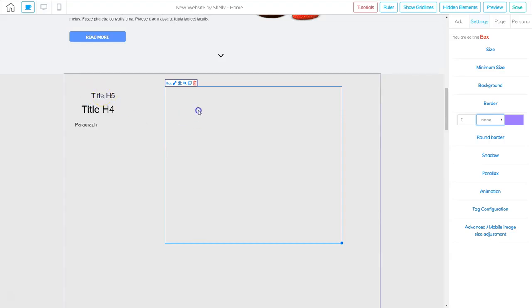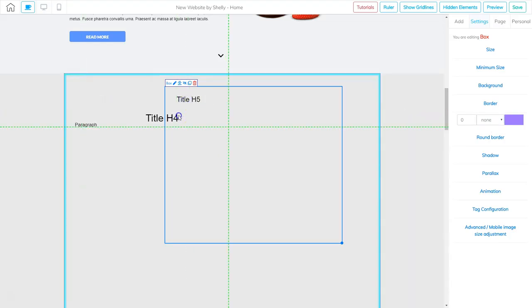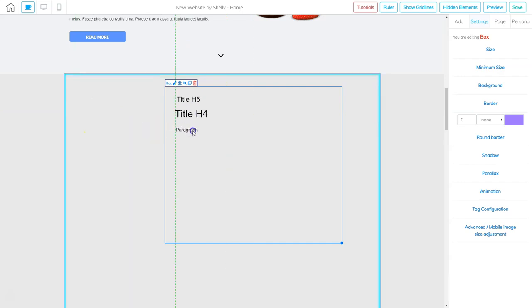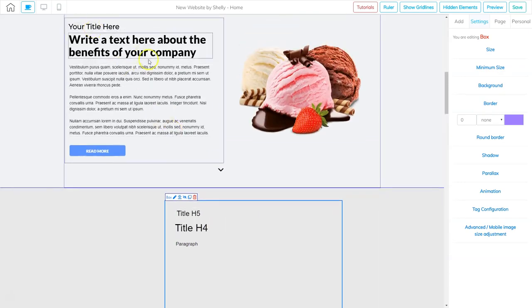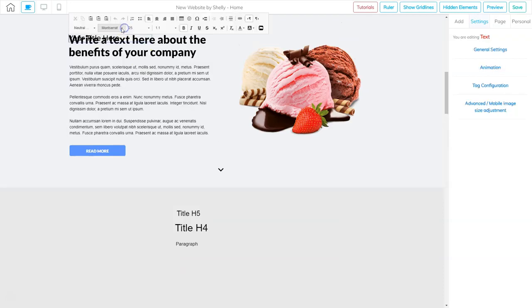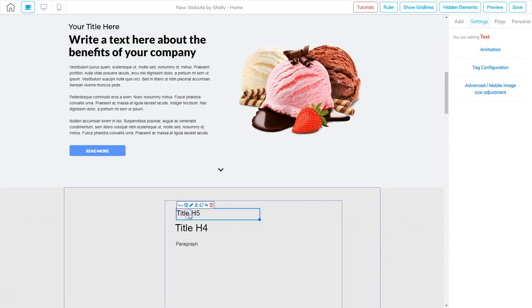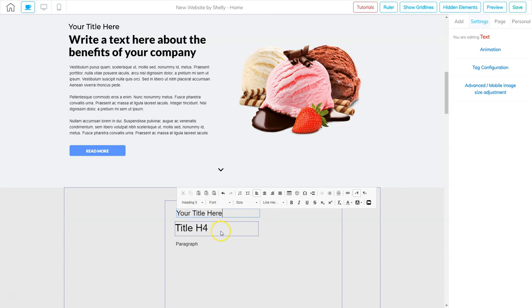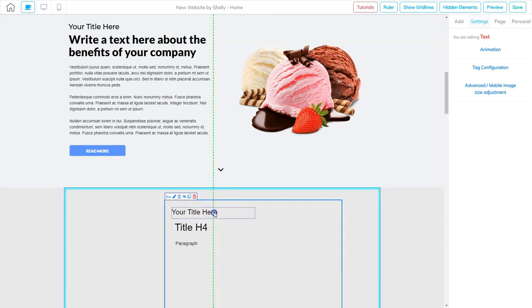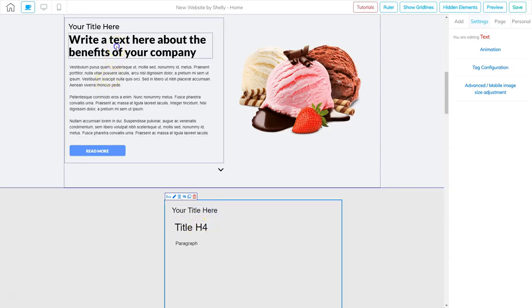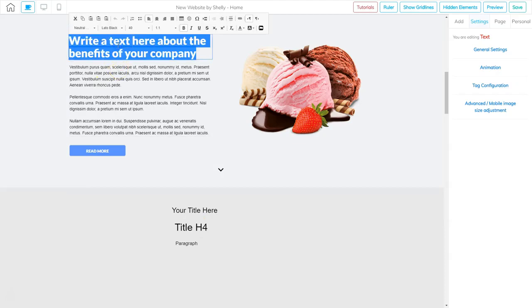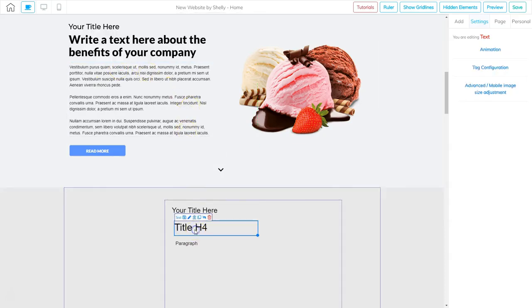Then I'm going to take my H5 and move it over here, my H4 and move it over here, and my paragraph and move it over here. And now we're going to take a look at what we need. So in the H5, I need this text right here, so I'll copy it and then paste it. Just like that, and that looks pretty good. It might be a little bit small, but that's okay. But we'll scooch it up over here, and then we'll copy this text and paste it over here,